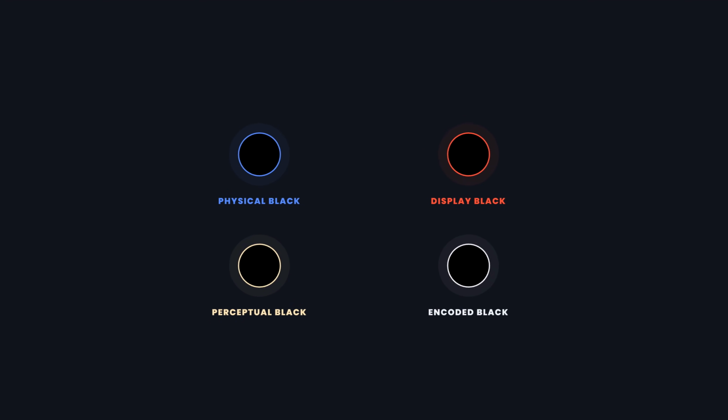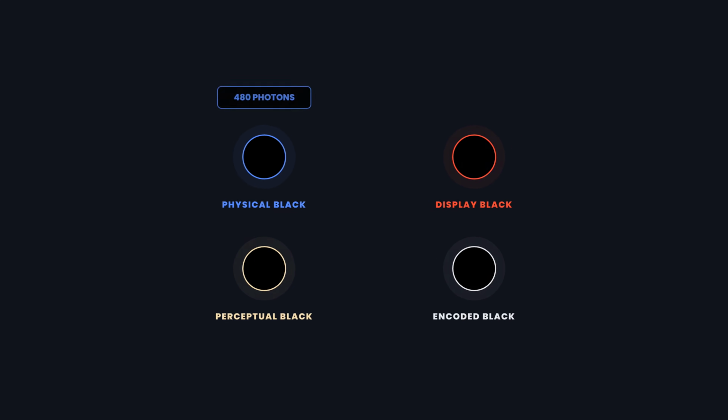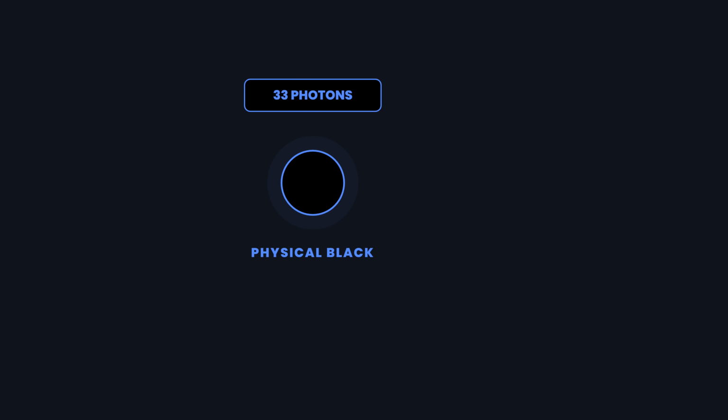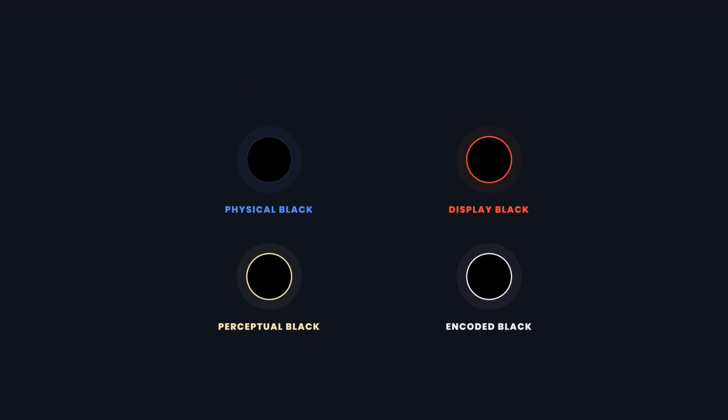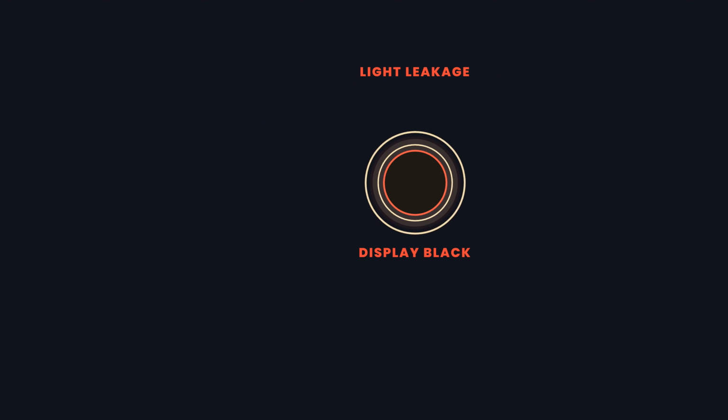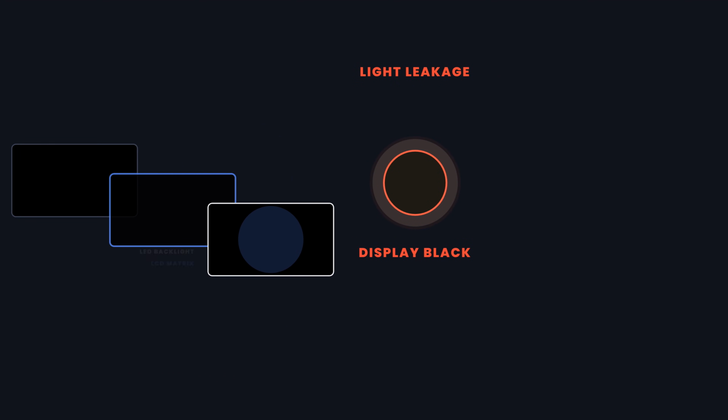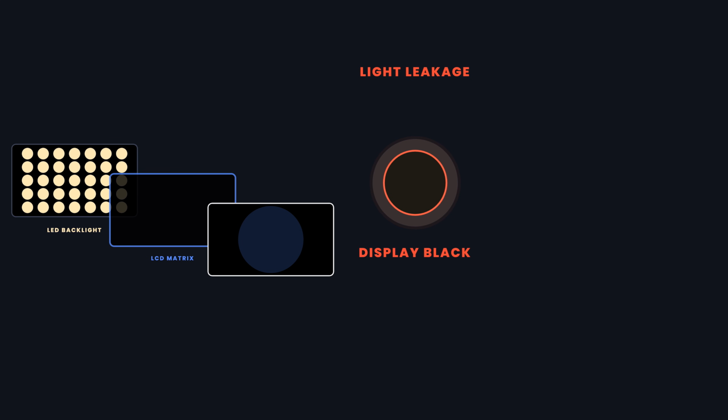So here's where I landed on all this. RGB 000 sounds like one simple thing, but by the time you actually try to put a black screen in front of a real person on a real screen, it splits into at least 4 different things. There's physical black, which is actual 0 photons, something that barely exists anywhere in the real world. Then there's the display black, the darkest your specific screen can physically manage with all of its light leaks and